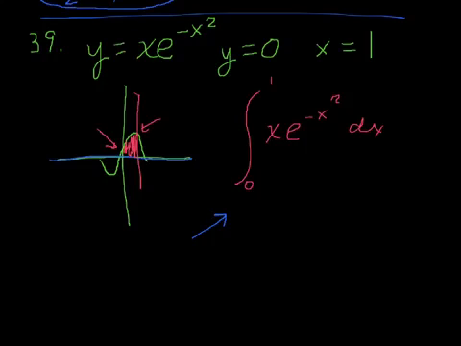So it looks like, oh, I can't do it. But if you look at that exponent, you have negative x squared. The derivative of that would be negative 2x. Well, you have an x to the first sitting next to it. So when you notice that,